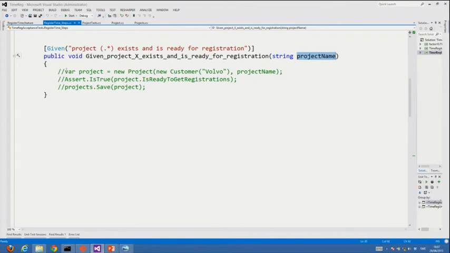And then I'm using what I call wishful programming. So I'm thinking about how I would like the API to be on my model here. So maybe I should instantiate my project by injecting a customer and injecting a project name. That feels nice. And then I'm just having a sanity check that the project is okay, and then is ready